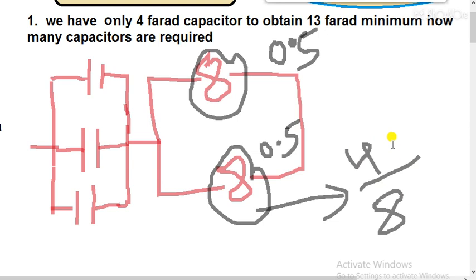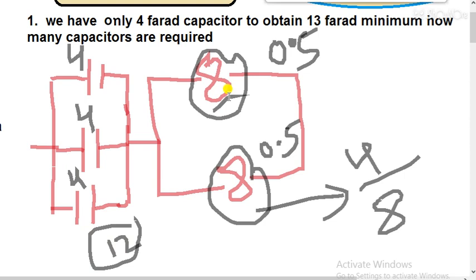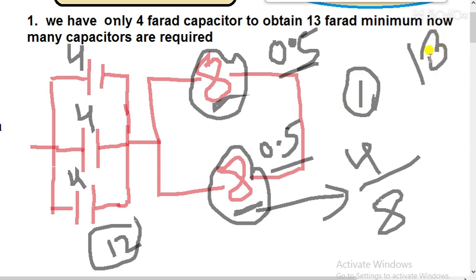So student, basically my opinion is that you can draw this circuit also, but in this case it is 4, it is 4, and it is 4. So you are getting 12 from here, you are getting 12 from here, and you are connecting 8 capacitors here, 8 capacitors here. So you are getting 0.5, 0.5. This is parallel combination, this will also make 1. So 12 plus 1, again you are getting 13 farad. But in this case, how many capacitors have you taken? 8, 8, 16, 16 and 3, 19. So you have taken 19 capacitors here.